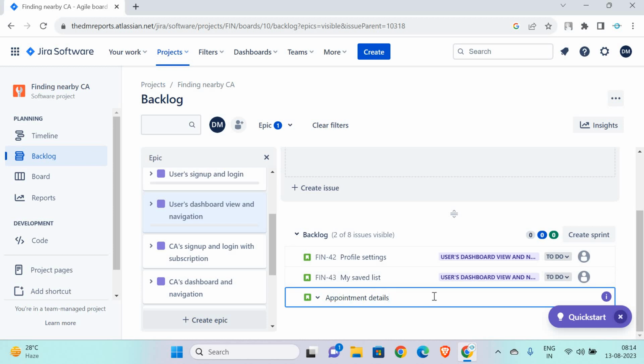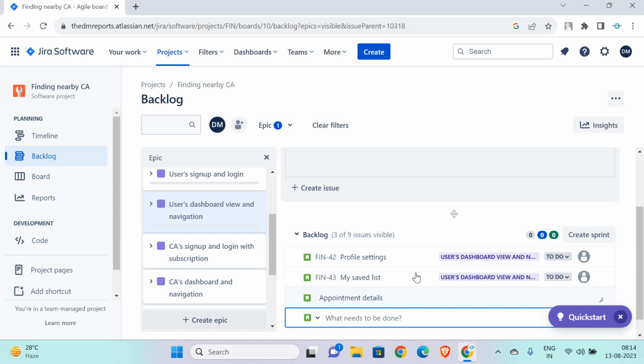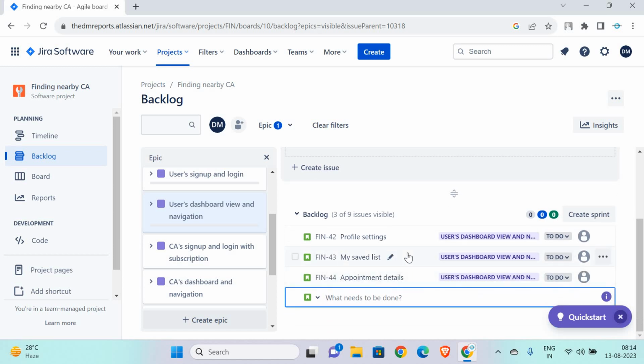Appointment details is where, for whatever lists he has saved, the chartered accountancy firm or company secretaries, he will request an appointment, a meeting, either physical or online. Those details will be available here in appointment details. Okay, the next thing is the online meeting schedule, or actually we are writing online video call